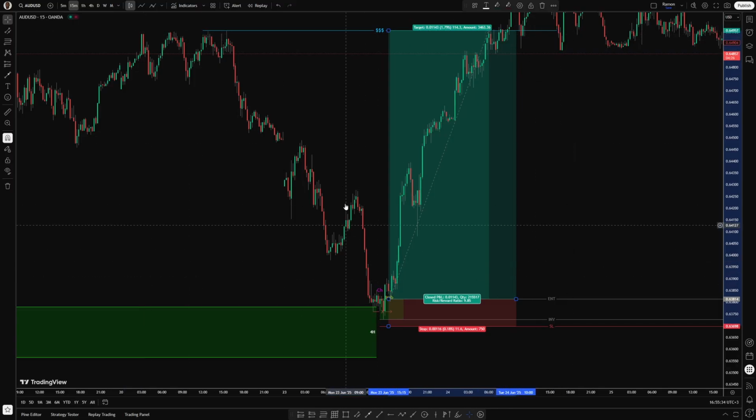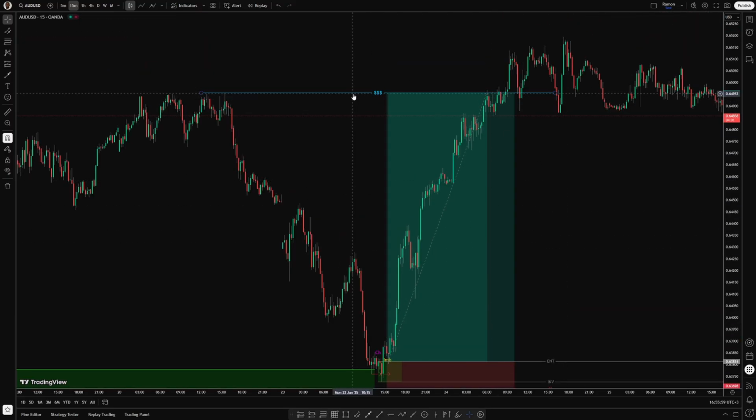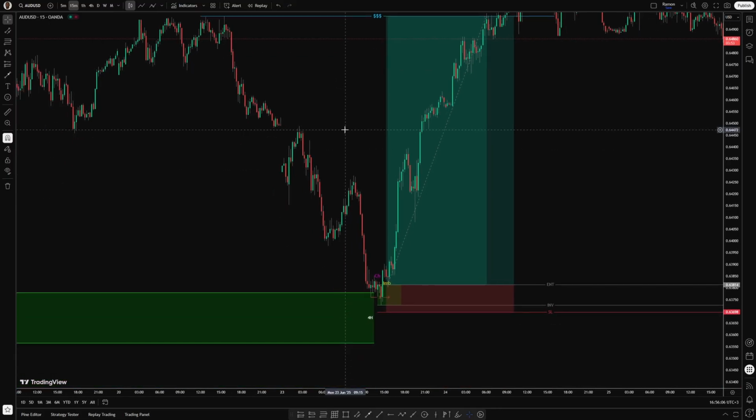So why would I take my profit here, yet I know very well this price must go all the way, at least it must reach here before it decides otherwise. So this way, I will wait for this trade to play. This is 1 to 9.85. It will play out until I get to this level. So at this level, I'm happy to get out. I don't care how far the price will go thereafter. But I know, at the back of my mind, it must target this liquidity before it